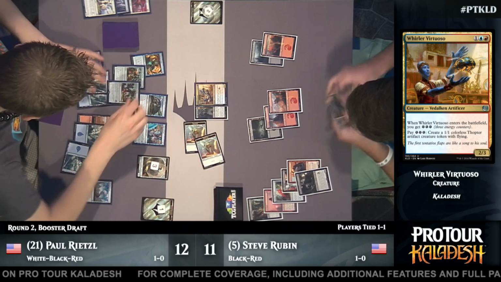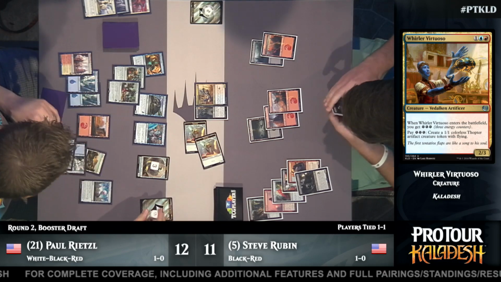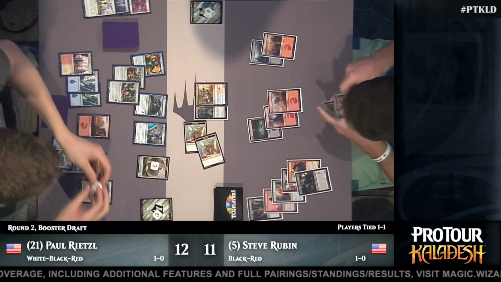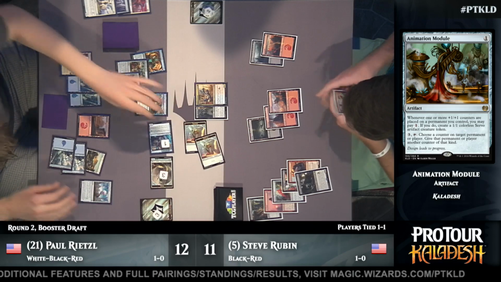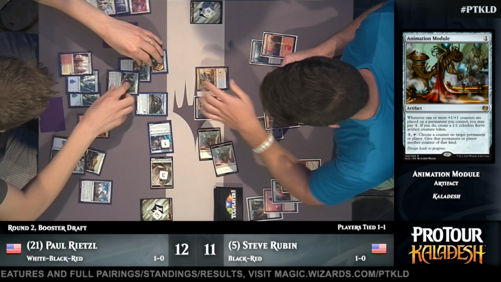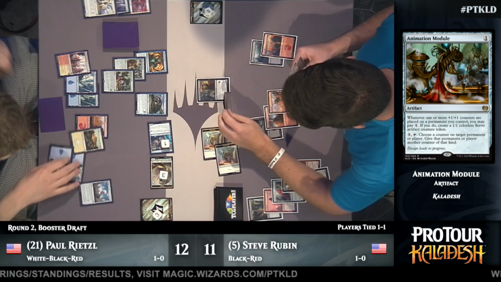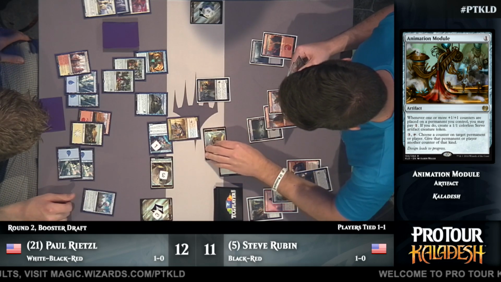And is that the animation module? Okay. It sure is. Puts me to 3. Use that to put a counter on my Ether Theorist. So taking a look at animation module here. Now it says whenever Paul places a +1/+1 counter on a permanent he controls, he can pay a mana to make a servo. So the loop he's got going on here is he can activate